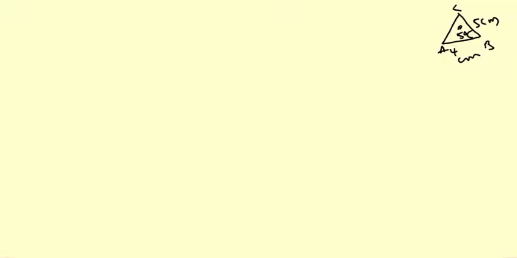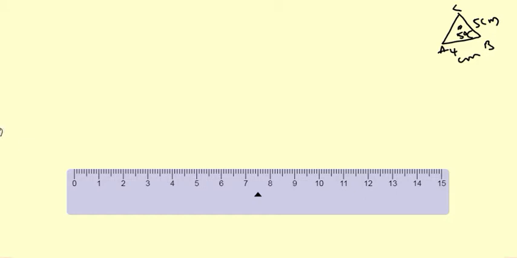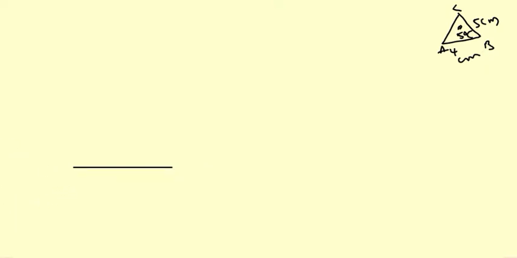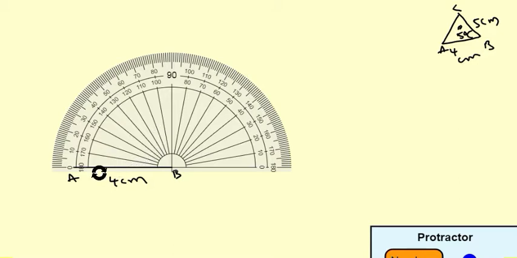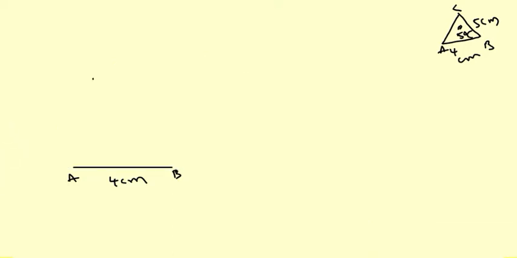Next step, draw a line segment AB of length 4 cm. Now this is the line segment AB of length 4 cm. Now write here vertices A, B and write the length 4 cm. Now we are going to construct angle 50 degrees by using the protractor. Now count the angle from the left side: 0, 10, 20, 30, 40 and 50. Here mark 50 degrees and remove the protractor and draw a ray BX through the point.